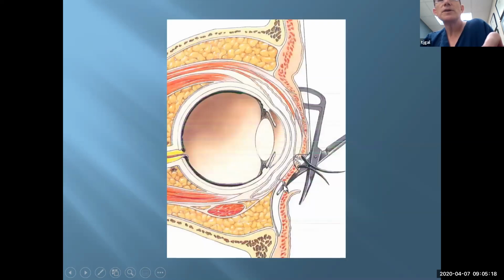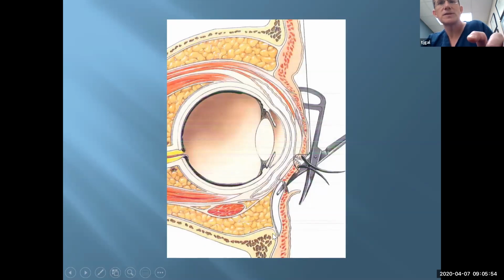Okay, so here it is in cartoon view, where basically you've made your incision up here and there's a little bit of a step. You don't need to come right through that. If you go through the muscle too high, that scar will contract, and that's what gives you your ectropion. And so you want to stair step it just a little bit. It's only a couple millimeters, but you don't want to overdo it and come down here, but you want to step it just a little bit, and then you're going to elevate off of the septum, and that'll take you